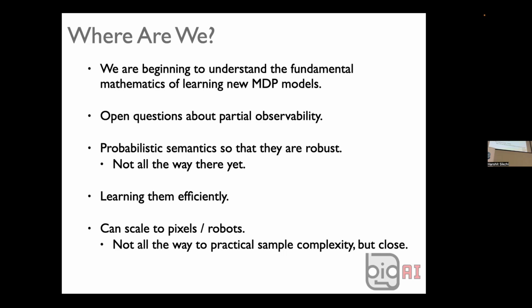Everything I talked about is about NPs, not omnis, and of course there's no NPs involved. And we have this probabilistic semantics that these are robust. So there are probabilities underneath everything, there's no sets, all the classical things, classical planning, very little of that is left. And RL learns reasonably efficiently. We're not always getting to pixels and dots, but we're pretty close to being able to do this in a few minutes on a robot in a new class, which would be pretty cool.